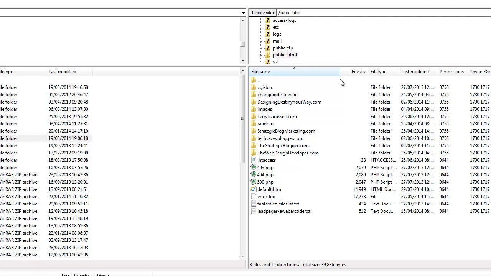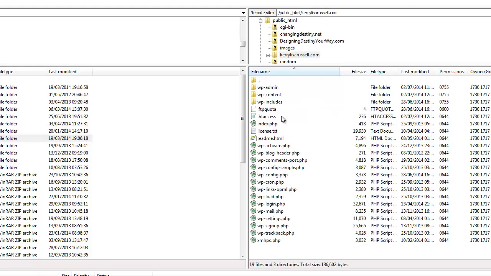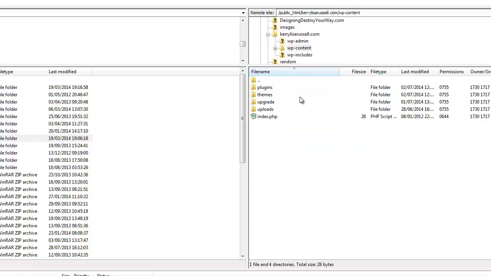So in this example I'm going to use my personal blog, kerrylisarussell.com. So I'm going to double click and open that up, and you can now see all the WordPress files and folders on my server. To upload a theme, we'll go inside WordPress content and then we'll go inside the themes folder, and you're now